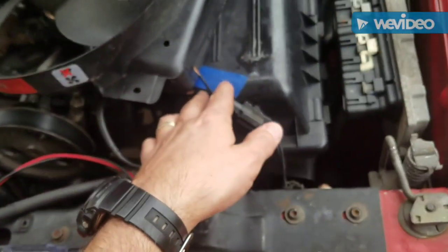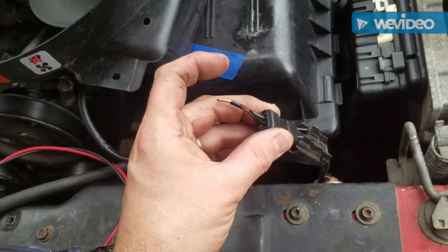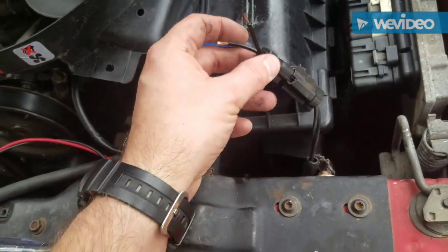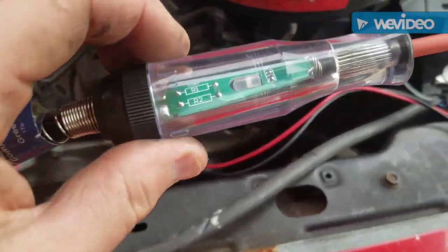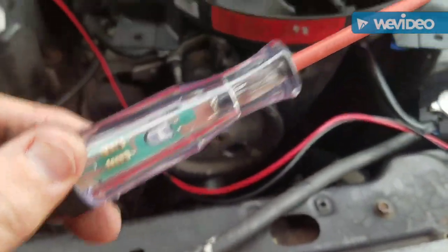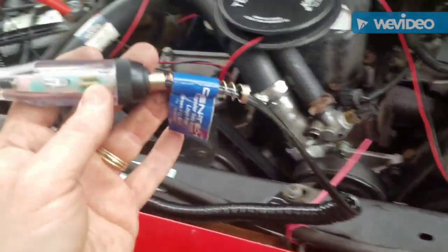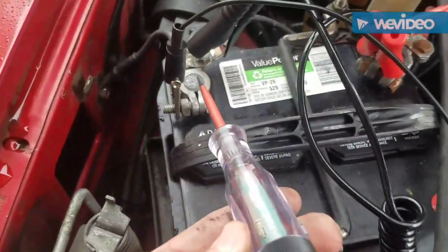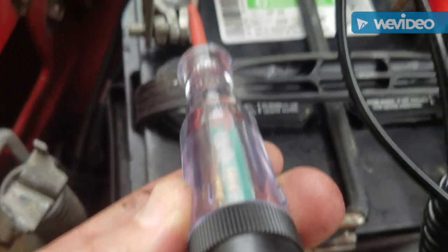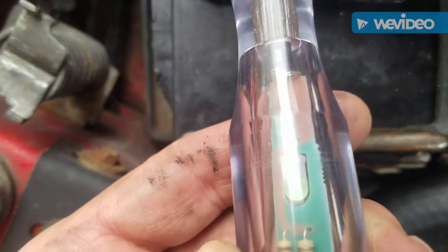Alright, so let me give you a tip. This is the plug for the fan, but we don't know which one is the negative and which one is the positive. So what you need is one of these little simple $7 devices from Harbor Freight that looks like a test lead or a test probe, but it actually is not. You hook it to the battery, positive and negative, and when you push it on the negative, the light will turn green. I don't know if you can see that. See the light turning green? If you put it on the positive,